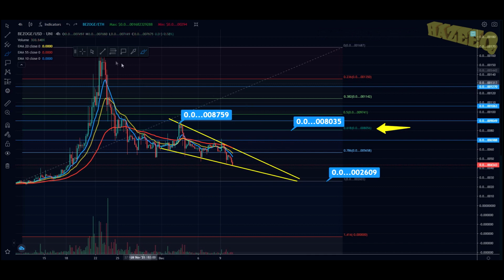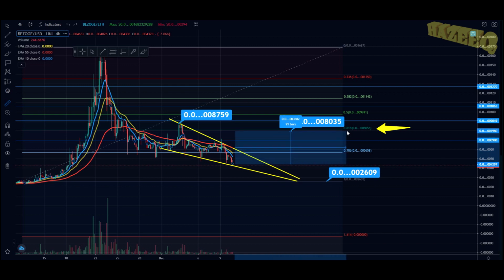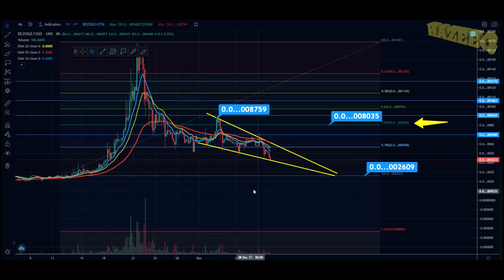If you're looking for a quick little entry, then if you enter right now off of this support and sell either from this resistance point, which is the upper yellow resistance line of the falling wedge, that's going to be a nice trade for you. It doesn't show me the percentage gains, I do apologize. Like I said, this chart for some reason is glitched out, and you do have another resistance level at the golden ratio, so you can potentially buy in right now, not financial advice,